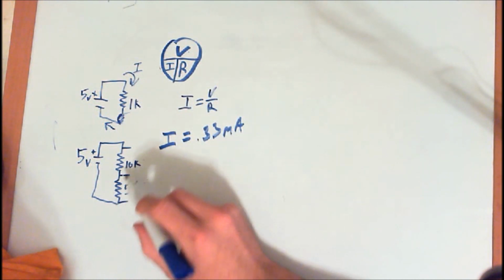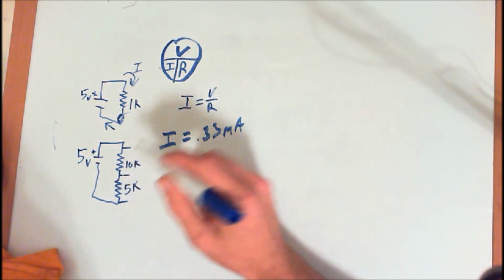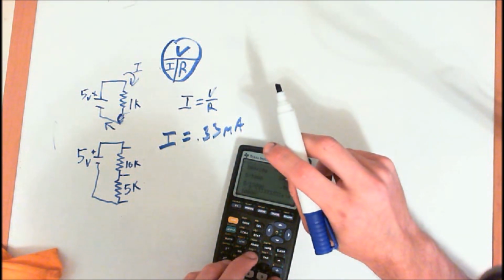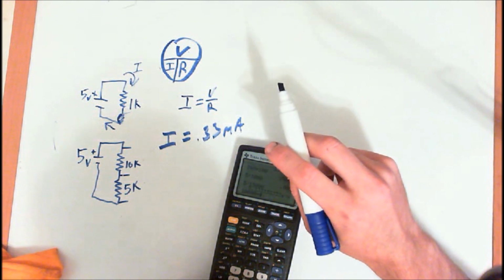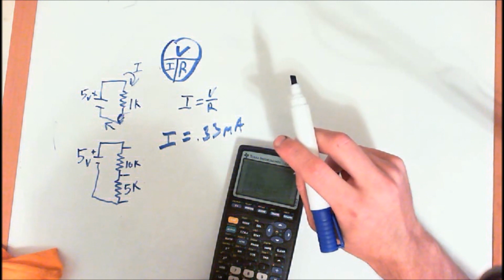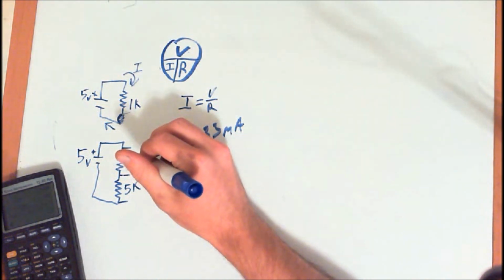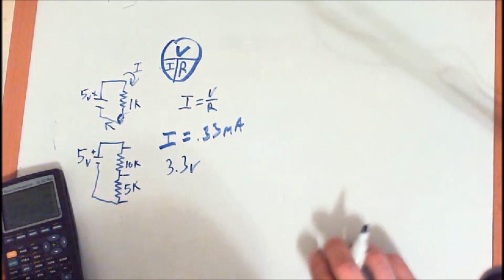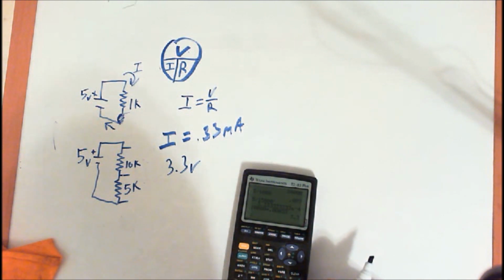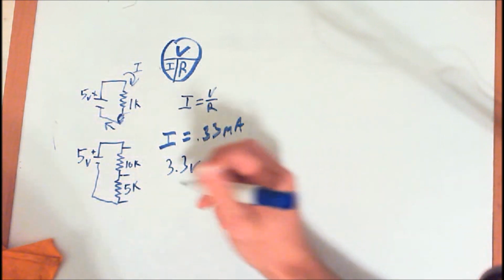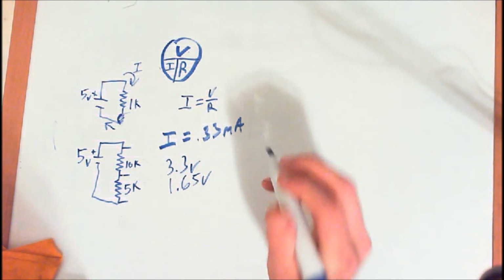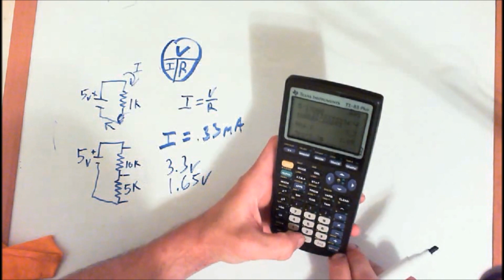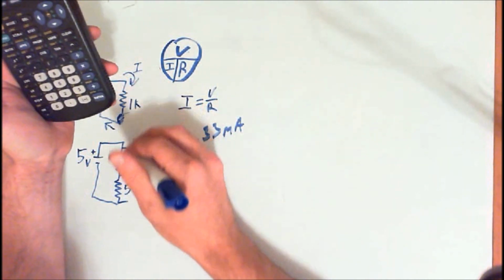Okay. So now moving on here, what's our voltage drop across this 10K resistor? Well, now that we know our amperage, we can simply multiply 10,000 times it, and then I guess I'll just type it in. So our voltage drop across our 10K resistor is going to be 3.3 volts. And our voltage drop across our 5K resistor is going to be half that, so 1.65 volts. And because we rounded the milliamps, we're a little off, but we'll add them together, 1.65 plus 3.3, and we end up with a total voltage drop across these as